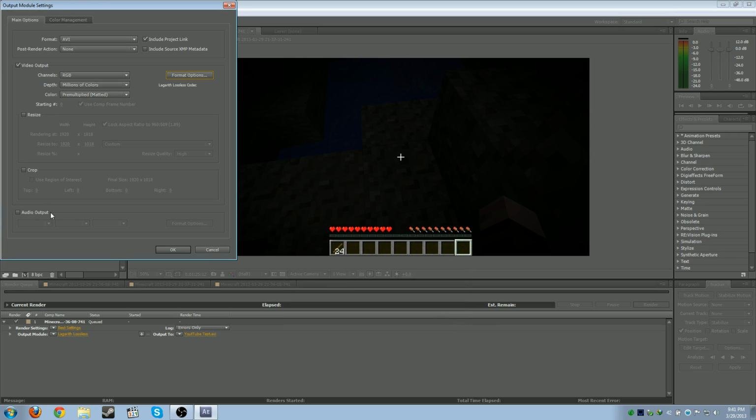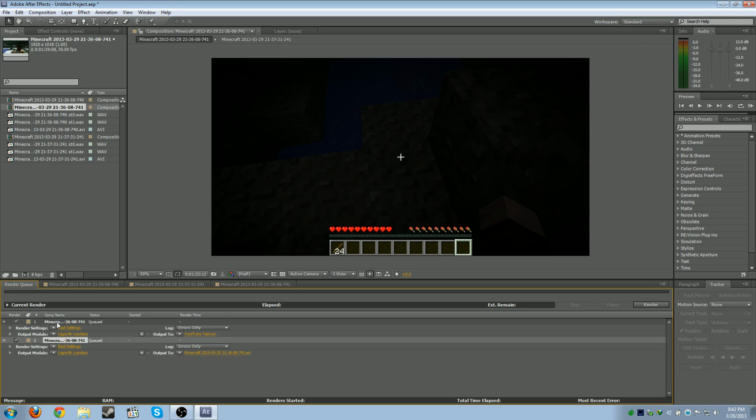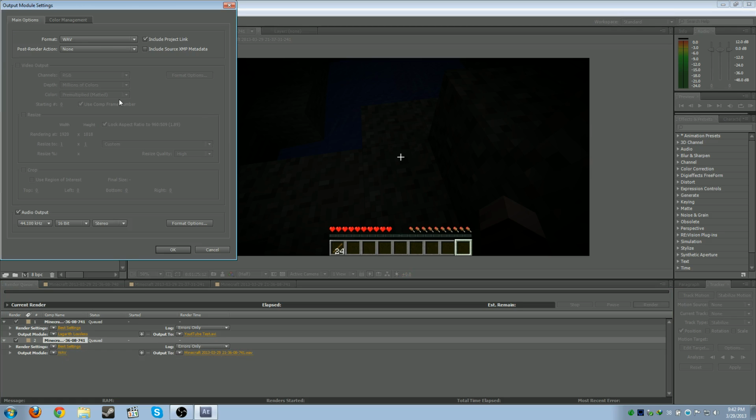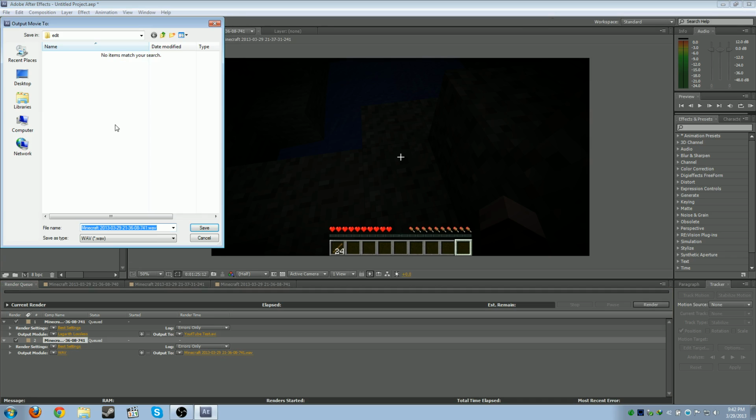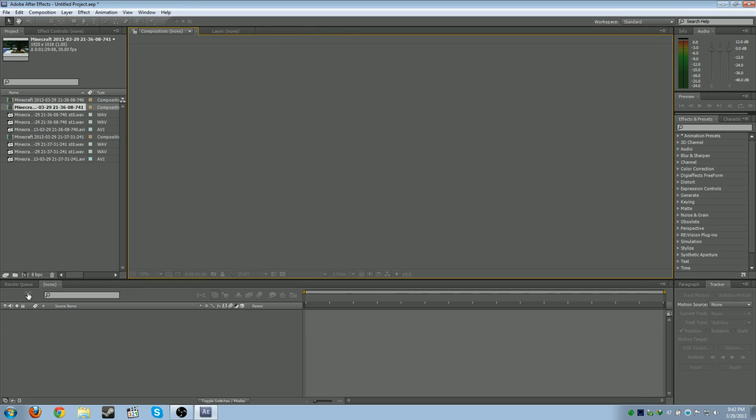You can see I don't have audio selected, so actually I have to take this thing here and duplicate it again and tell it to output as WAV as well, which you can go under here and choose WAV from that preset. Same thing. So I got both the video and audio that I'm going to go ahead and I'll let this render out